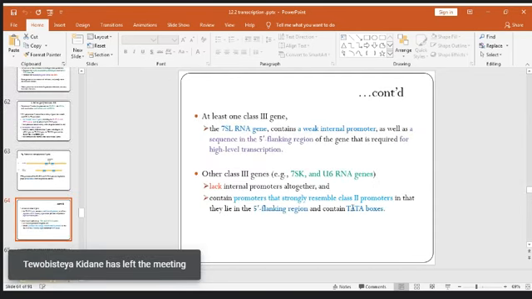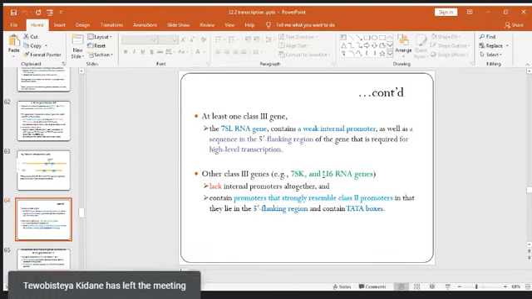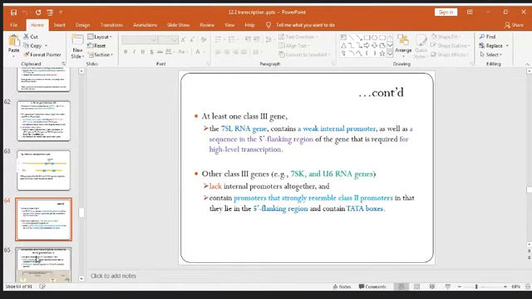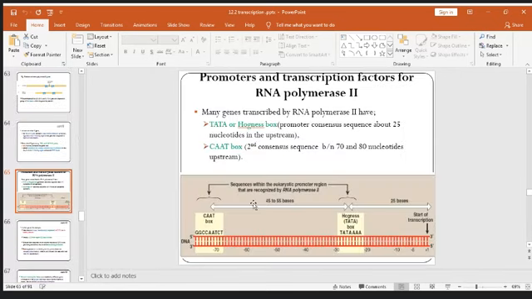እነዚህ በዛ መልኩ ይመሳሰላሉ other class regions የምንላቸው ለ7sk እና ለ6 RNA genes የሚካተቱት ለዚህ ይሄ ፕሮፐርቲ ይኖራቸዋል ኢንተርናል ፕሮሞተሮች ባይኖራቸውም they have promoters that strongly resemble the class 2 genes that contain 5 prime flanking region and as well as the data box regions that make a similarity with the class 2 classical gene regions